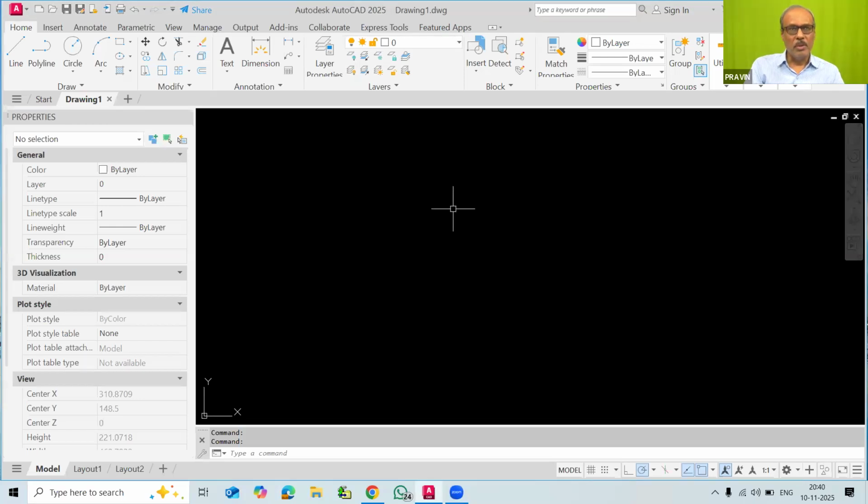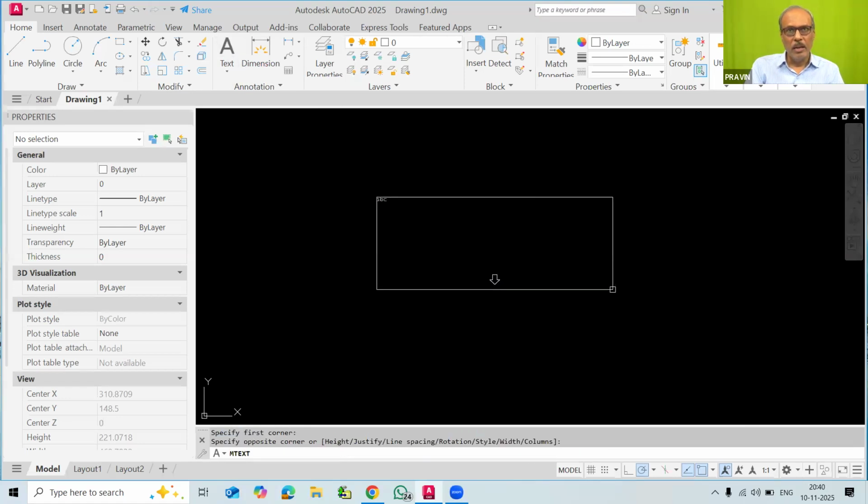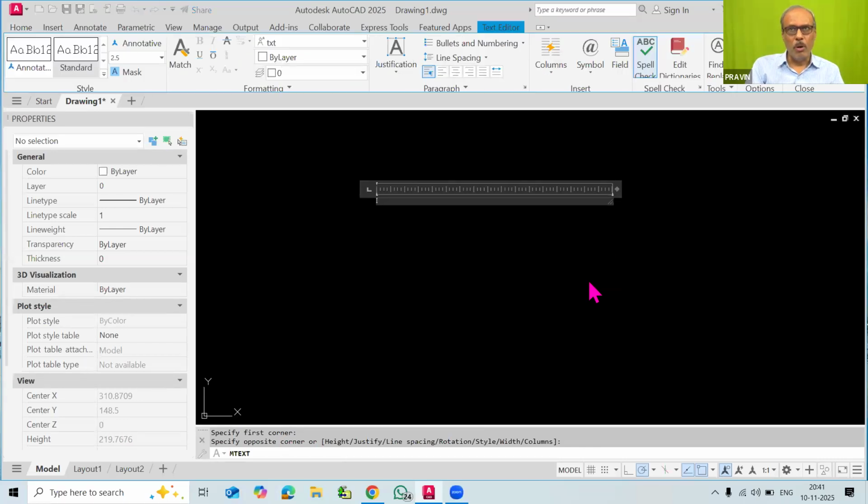So in the previous session, we have seen that suppose we want to use text in AutoCAD. For any particular drawing, you want to give the name. So what we will do, we will just use this text command, the multi-line text command. We will draw one rectangle, and now we will type here whatever text we want. Generally, I want it in capital letters, as we always use in engineering building drawings. So I will type here ground floor plan. Now this we have typed.